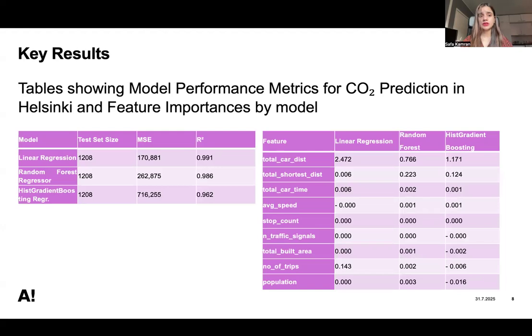Now, there are two tables showing model performance metrics for CO2 prediction in Helsinki. Firstly, we'll see the first table. There we can see the three models which we used and discussed earlier: linear regression, random forest, and gradient boosting. The test size of all three was the same. For the R square value, linear regression gave 0.991. For random forest it was around 0.98, and for gradient boosting around 0.96,